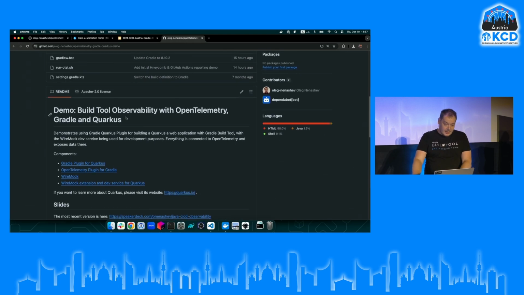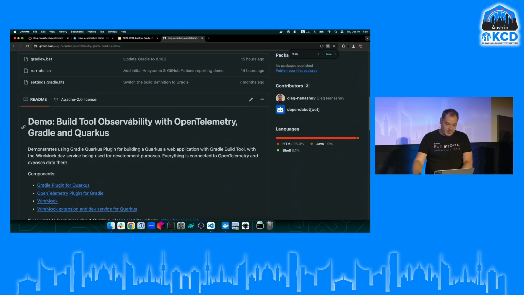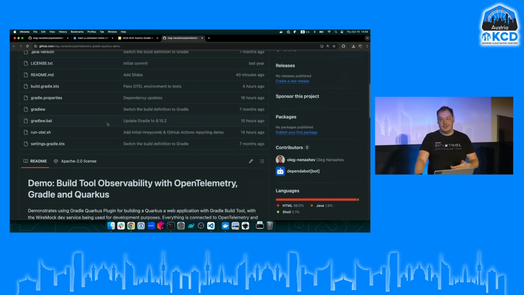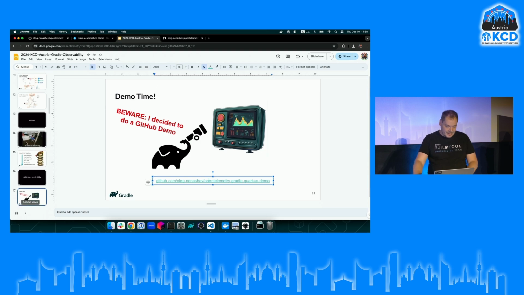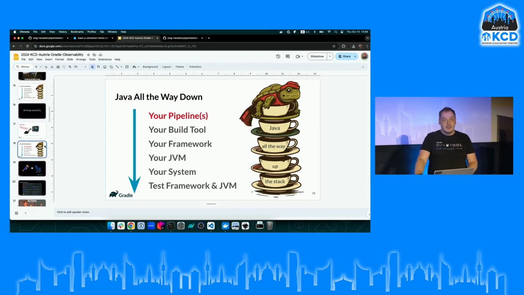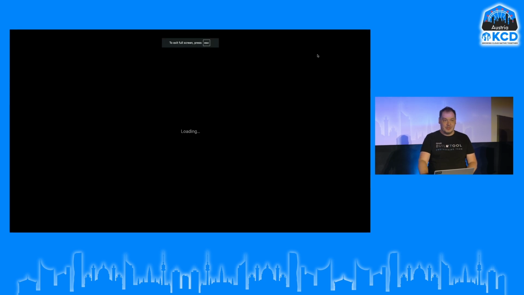And I want to focus on the steps, because basically, I started setting up this demo yesterday. So this is where you can get probably after one working day of an average, not so experienced OpenTelemetry developer. And let's see how it happens for the Java side. So the first item we would need in our stack is, of course, our pipelines. And as I said, we take GitHub Actions.